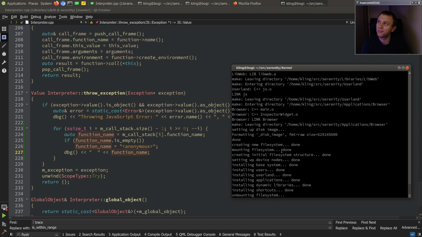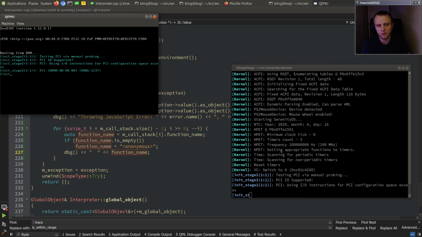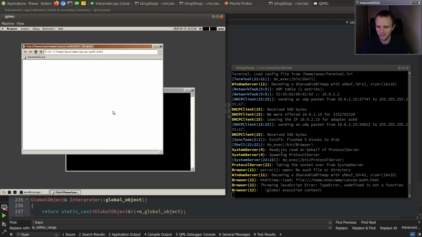I mean, the backtrace is not going to be terribly interesting because we're in the global execution context. So yeah, you can see here we're throwing a JavaScript error, type error, in the global execution context. But still,